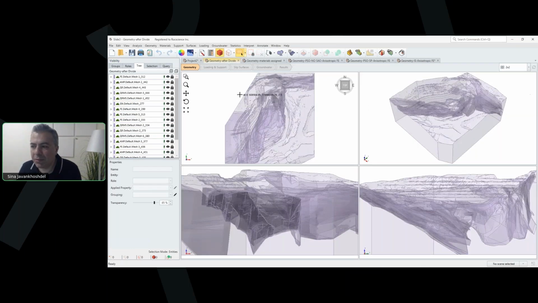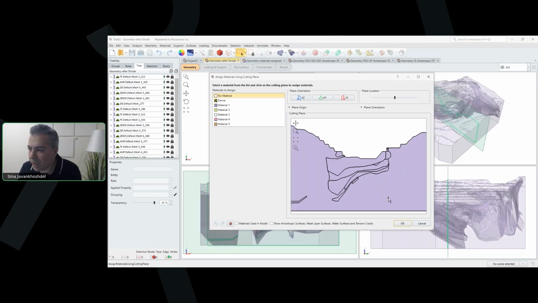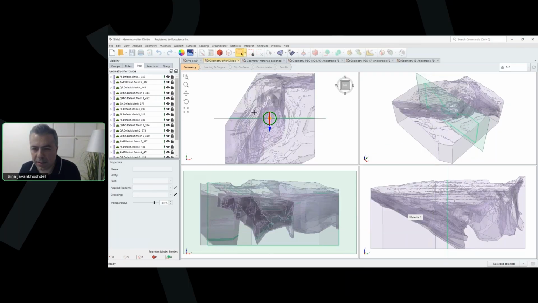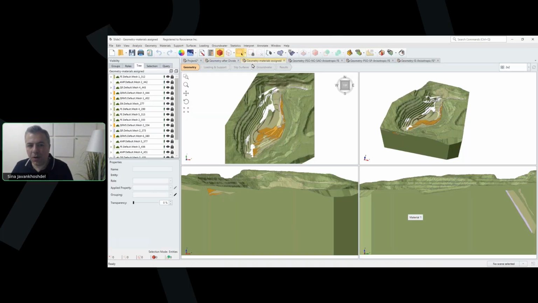So if you divide all of them, I repaired and divided all of them, you can see that these geometries have a lock in front of them and they are already divided. So if I look at the 2D section, you can see that this is the divided model. Next, for this model, since it is a